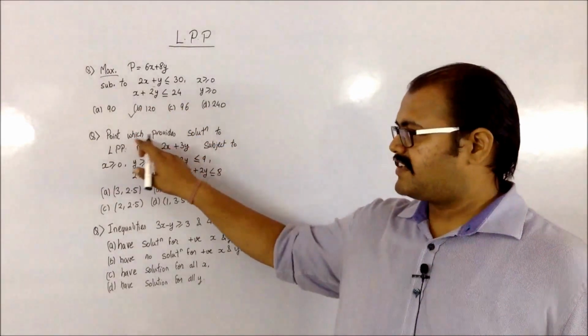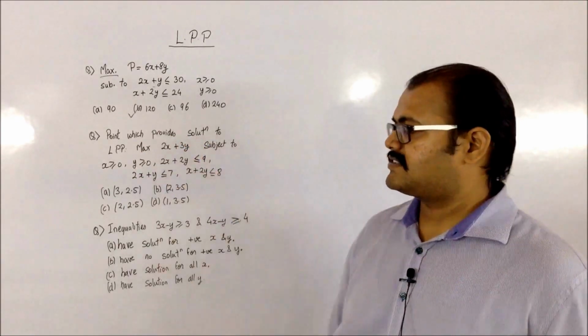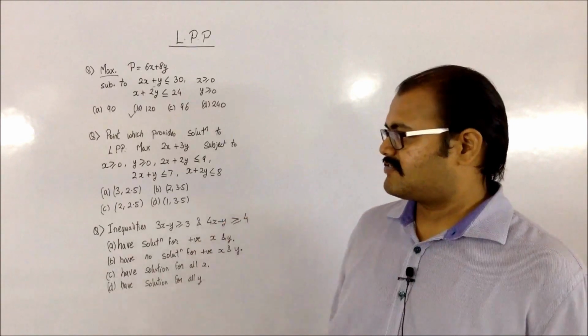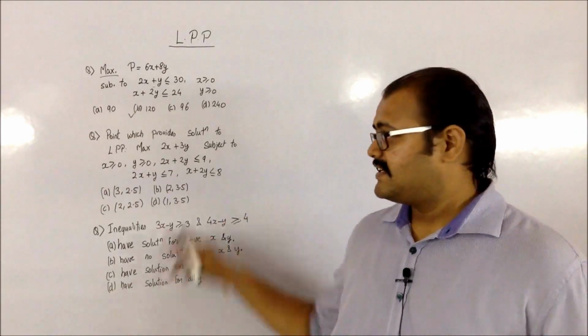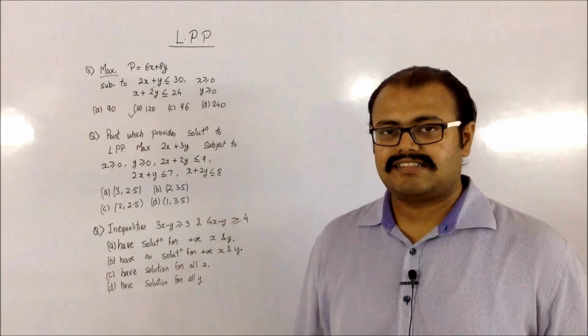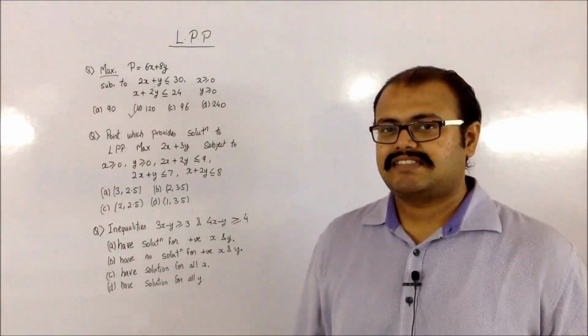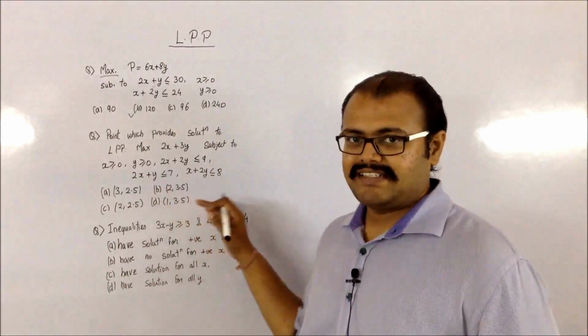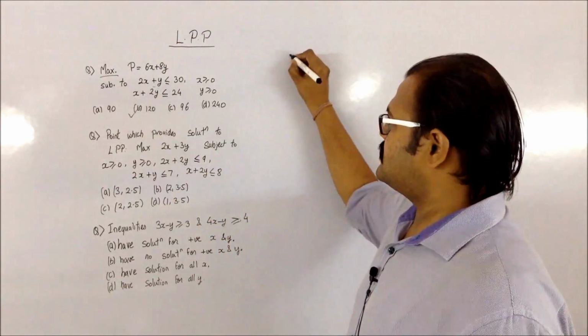In this we have to find the point which is going to provide the solution for this particular LPP. Now since you have to just find the point, what you can do is, since they are anyway going to intersect, let us say that the lines are intersecting each other. So let us find the point of intersection of those lines. So instead of just drawing the graph, we are just finding the intersection of the lines. So let us take 2 at a time.